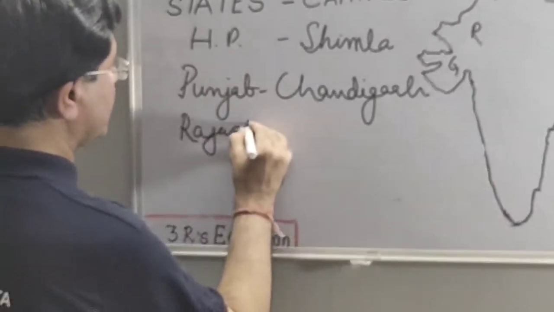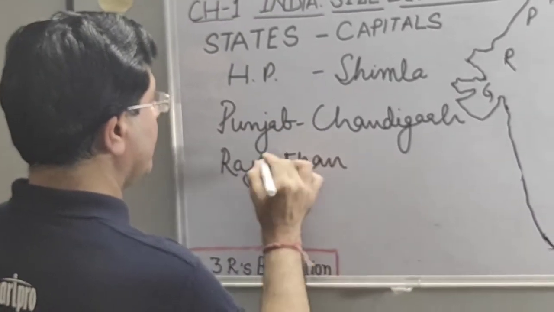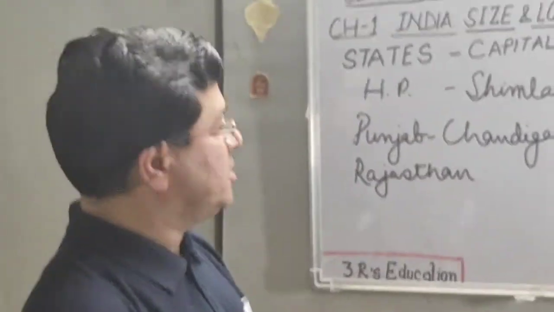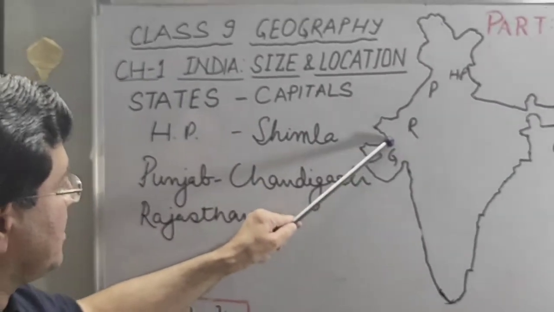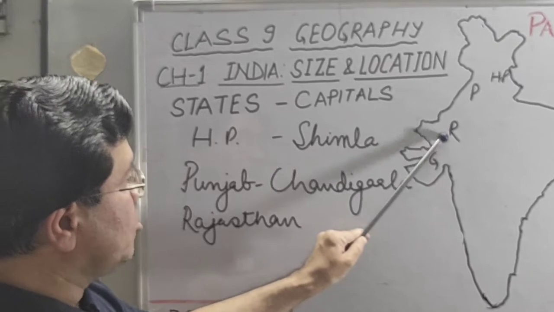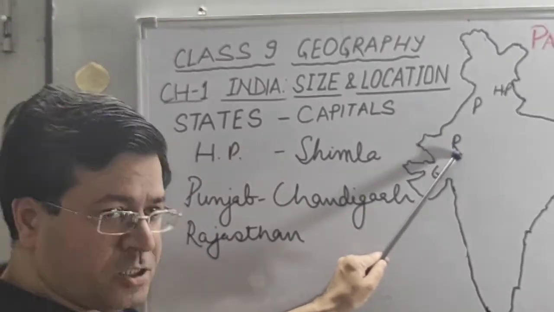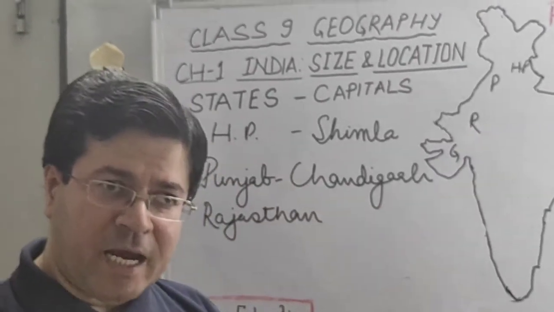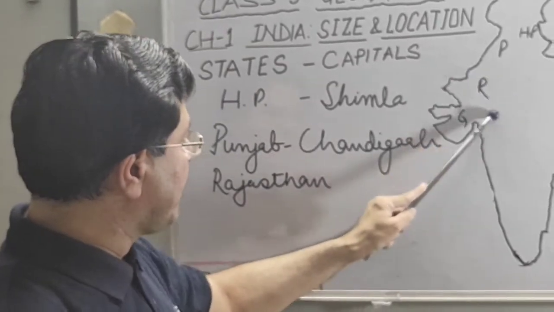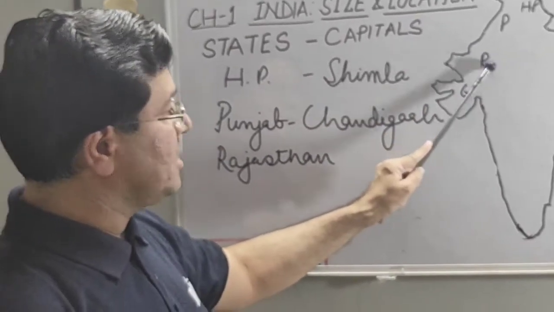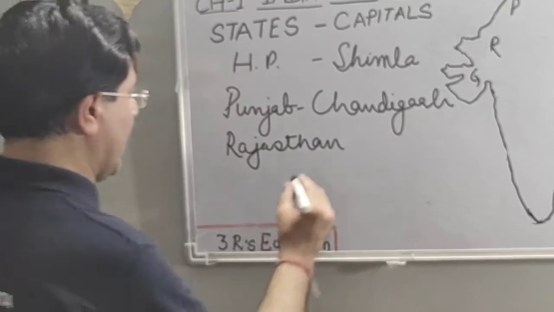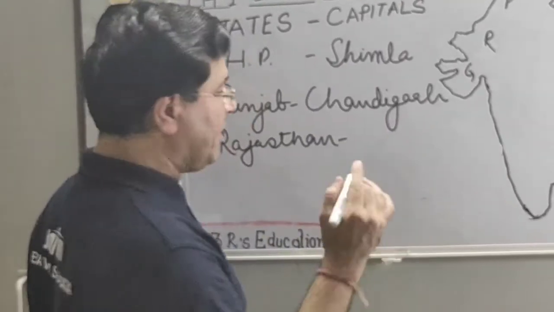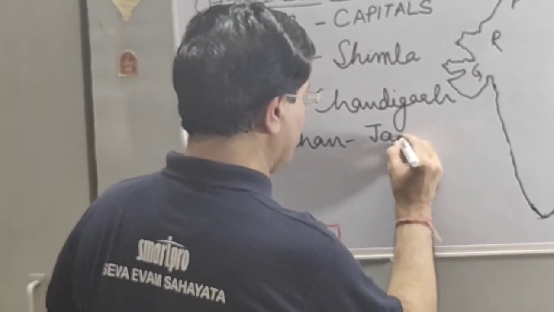Okay, so then we have Rajasthan. Friends, Rajasthan is the largest state of India. Area wise it is the largest, and it has got its name from the word Raj. Raj means sand, and you know we have a great Thar desert here. So Rajasthan is an appropriate name to this, and its capital is the Pink City of India, that is Jaipur.